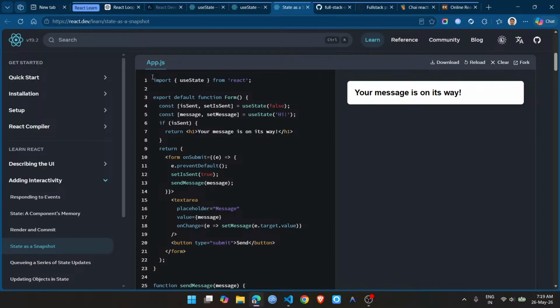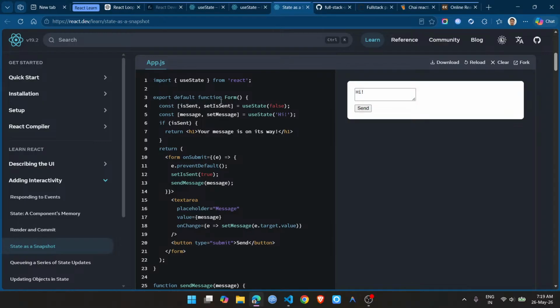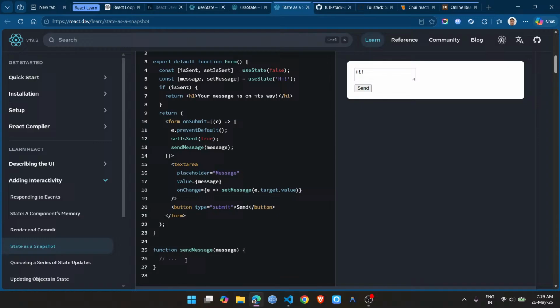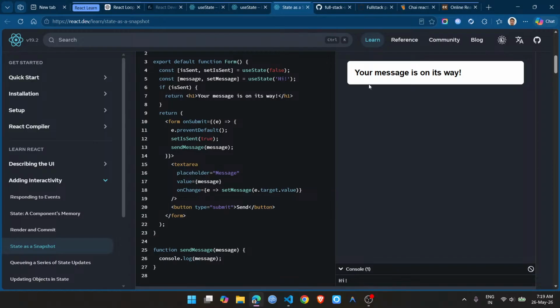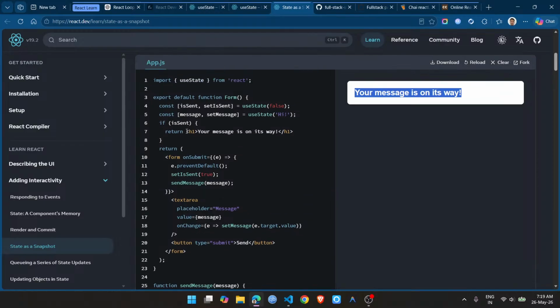Inside my app, just reload it again, and I would like to do a console log of the message. So when I click on send, it will give me "hi" and render this H1 if it's sent through. So here what I want to do is, let's say inside this,